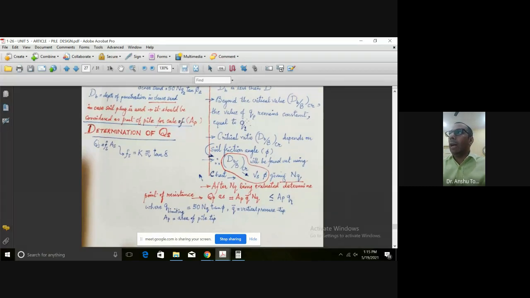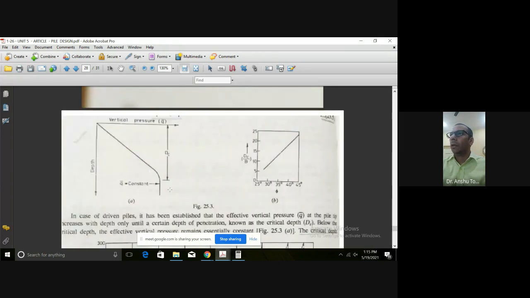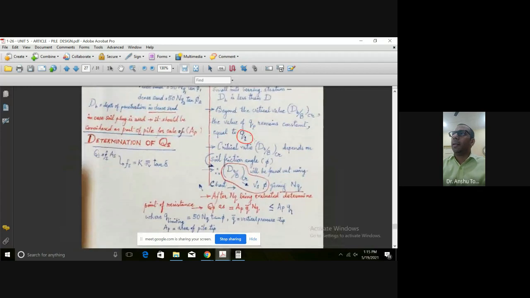Now Q limiting is a value which is required to be defined. QP, as we have just discussed the other day, here we have seen that beyond this particular point, it is coming down till here, but beyond this, it is constant. So the same thing has been documented here, but a coefficient has been introduced, Q limiting. If your value is coming more than Q limiting, then you will not consider it for QP, the point bearing resistance, then you will consider only Q limiting.